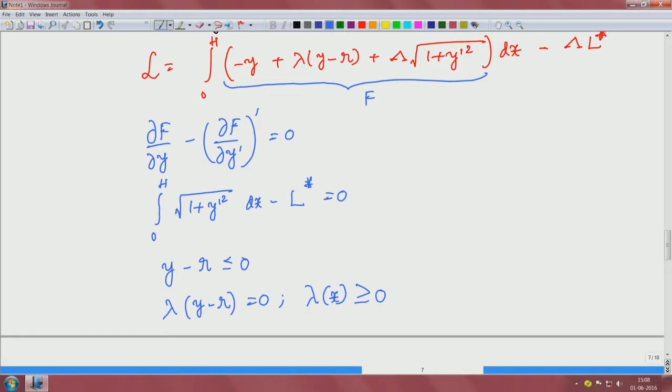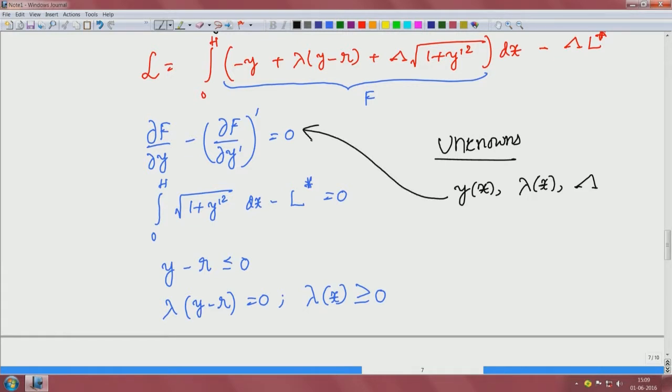Our unknowns are, again let us see what our unknowns are. Our unknowns are clearly y of x, and also we have lambda of x that is not known, right, and we have this uppercase lambda. These are the things that we do not know. In order to solve for y of x, which is a function, we need a function equation or a differential equation. We have a differential equation here. Okay. Now, in order to solve for lambda, it is a scalar unknown, we need a scalar equation, which we have,